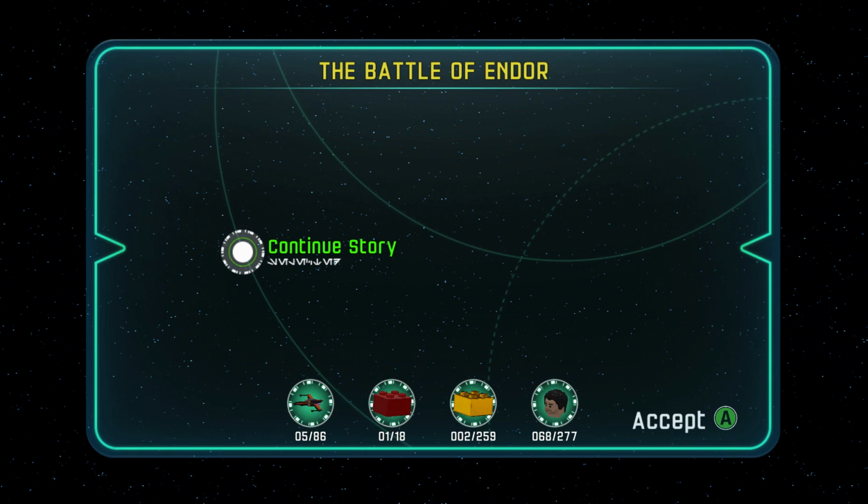Yeah, apparently there are 68 characters unlocked right now by default of 277. That is the most number of different playable minifig characters I've ever seen. There's 5 of 86 vehicles. I think that is more than I've ever seen. But it does say we have 1 of 18 red bricks, and that seems really odd, because